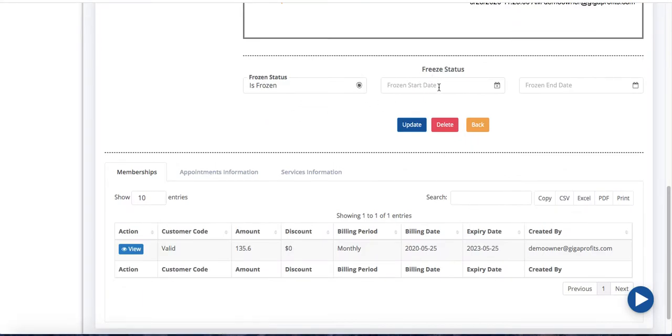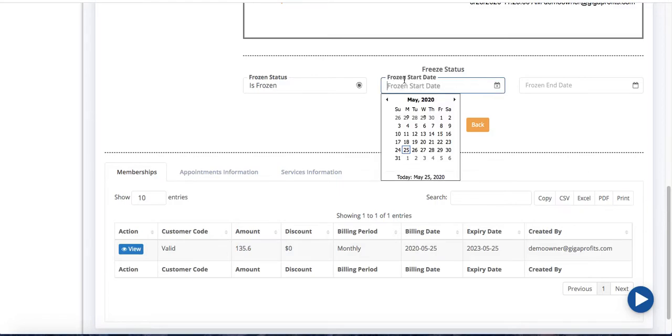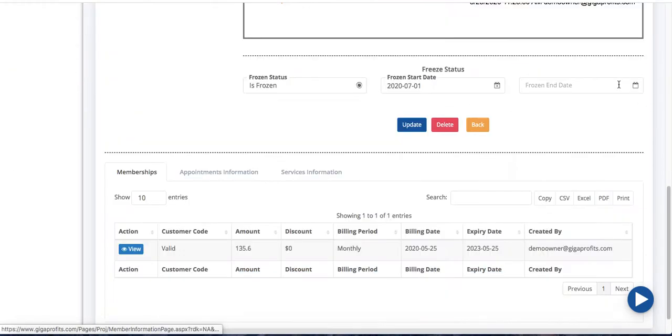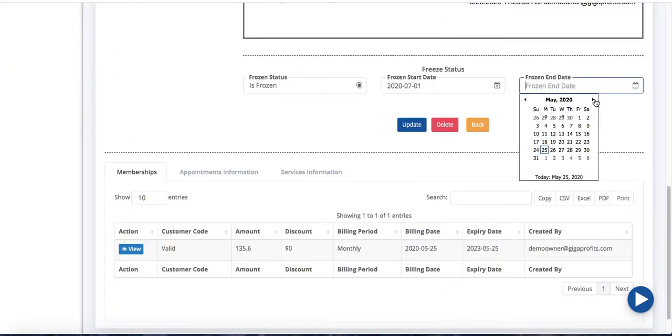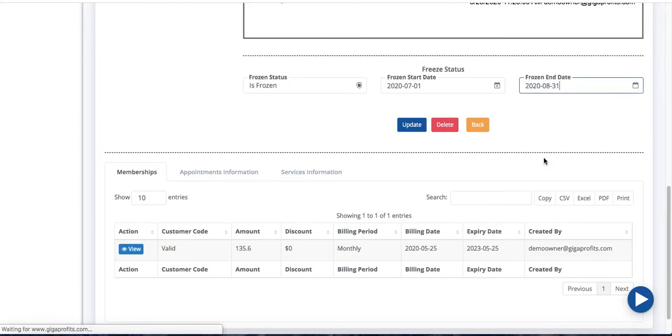Now it's going to give you a frozen start date and a frozen end date. Let's start with frozen start date. So let's say Joseph is going away from July 1st until end of August. Okay, so I already chose my start date. Now I'm going to choose my end date. So let's say August 31st. These 2 months he's not going to be training with you, so he's not going to be paying you for